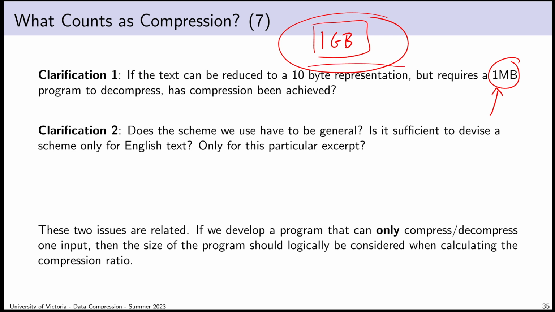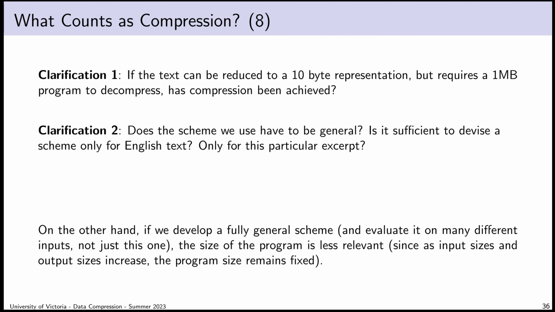So we can just measure what comes out of the compressor as the compressed representation. And so if we develop a fully general scheme that compresses literal, arbitrary binary data, and I send you a decompressor that's 1 megabyte, but the decompressor can decompress literally anything that I compress, I can compress any data I want, 5 megabytes of data, 5 gigabytes of data, whatever, then it doesn't make much difference that the decompressor is 1 megabyte. If I am decompressing a 5 megabyte bit stream or a 5 gigabyte bit stream, that 1 megabyte doesn't make much of a difference. In a sense, it gets asymptotically overwhelmed by the things that I can be